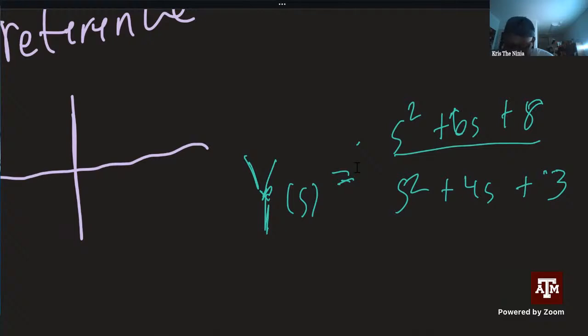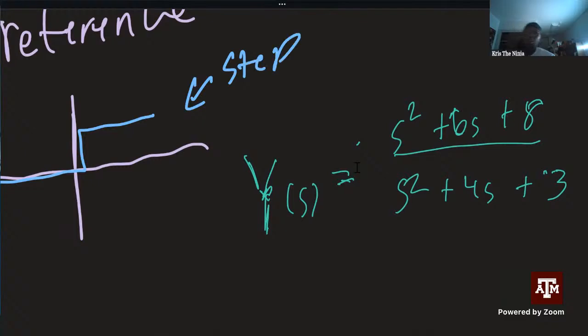Step function. My bad. I meant step function. We have our base function as a step function. Then we know that the Laplace transform of the step function